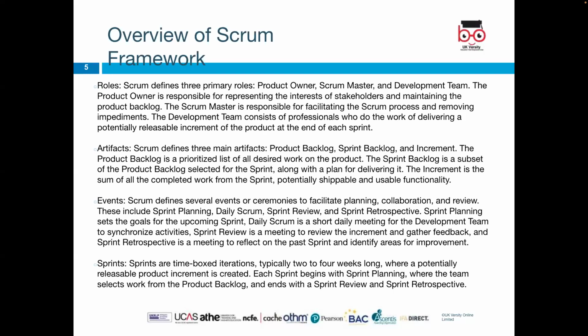Events. Scrum defines several events or ceremonies to facilitate planning, collaboration, and review. This includes sprint planning, daily Scrum, sprint review, and sprint retrospective. Sprint planning sets the goals for the upcoming sprint. Daily Scrum is a short daily meeting for the development team to synchronize activities, which can be as stand-up or